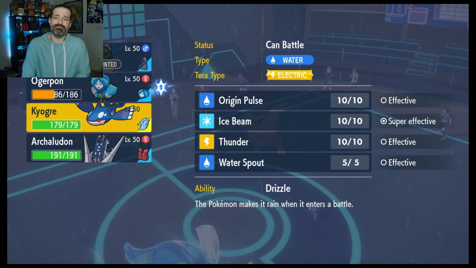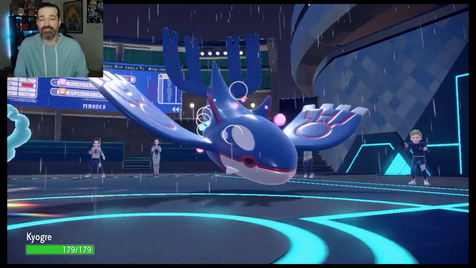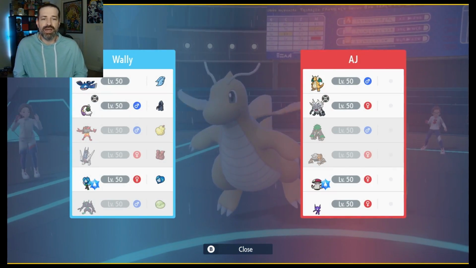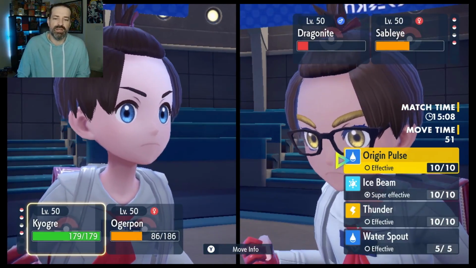Which, in all honesty, ain't a bad thing, especially for Kyogre here. I know it's our last turn with... I think it is our last turn with Rain. Yeah, I know, so maybe not the smartest, but again, in all honesty, we know who's left. The Rain ain't going to help us much with them, but...